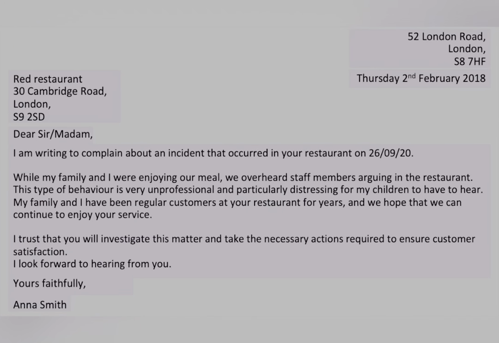So here is an example of a formal letter. As mentioned previously, in the top right-hand corner is the sender's address, below that is the date, below that on the left is the recipient's address. Dear Sir, Madam,